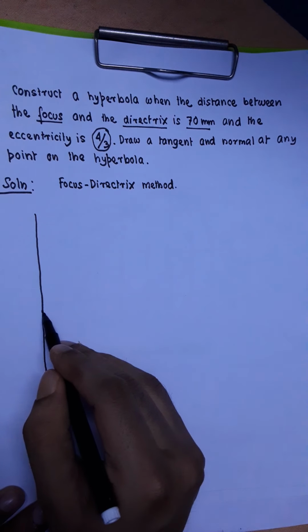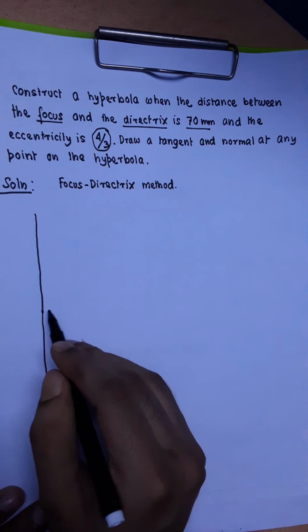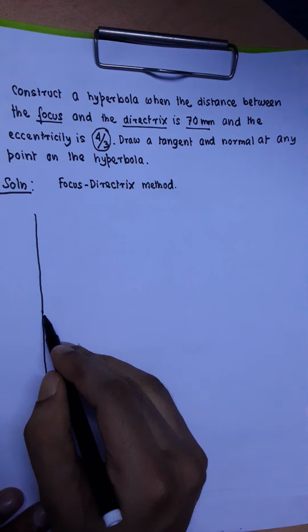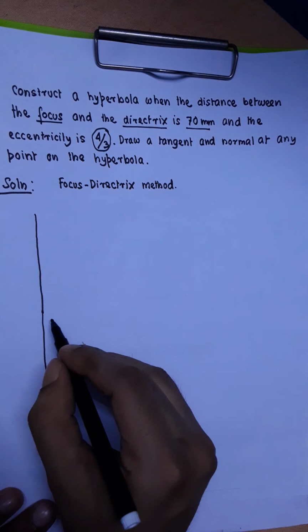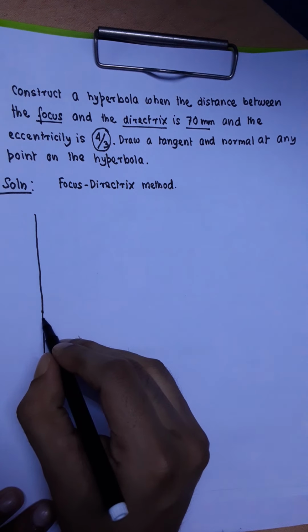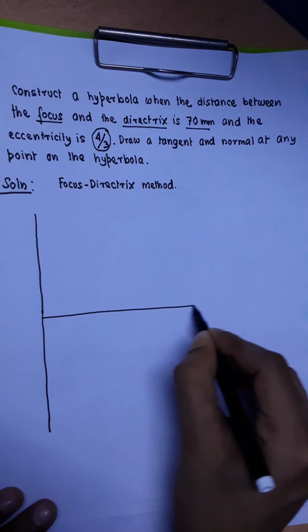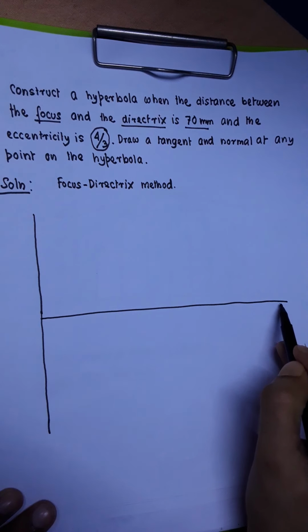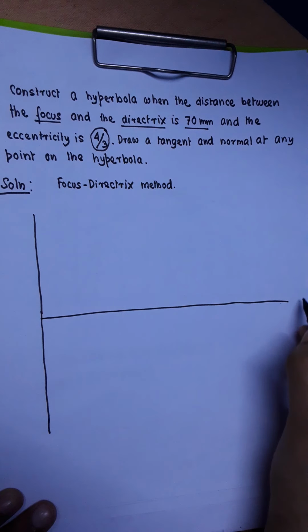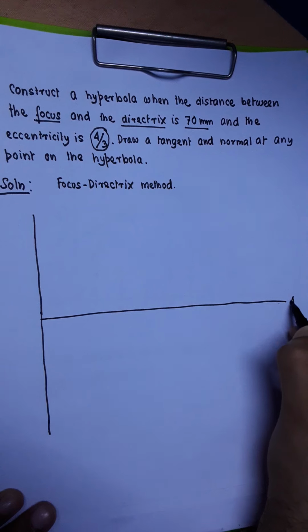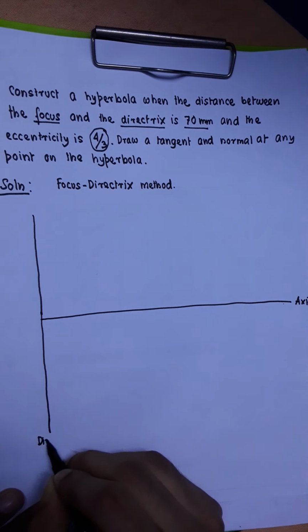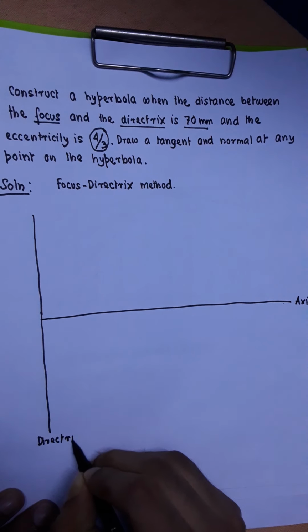And after drawing the directrix, now you draw the axis which will contain the focus. What is the relation between the directrix and the axis? The axis and the directrix of a conic section are perpendicular to each other. So at any point on the directrix, if you draw a line which is perpendicular to the directrix, then this line that you have drawn is the axis. Okay, so let us just write here axis and let us write here directrix, just for your understanding.